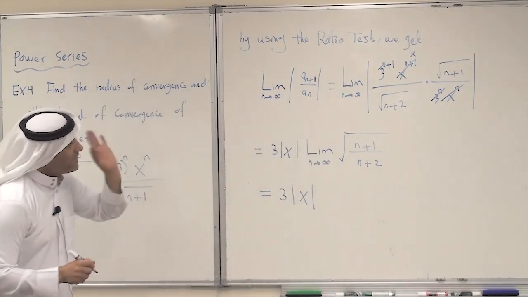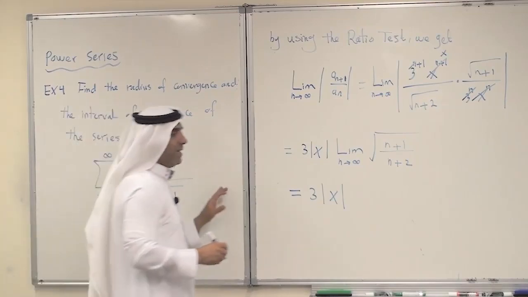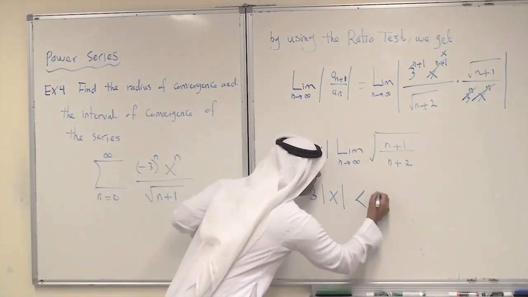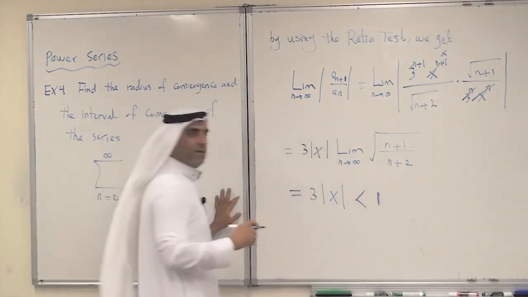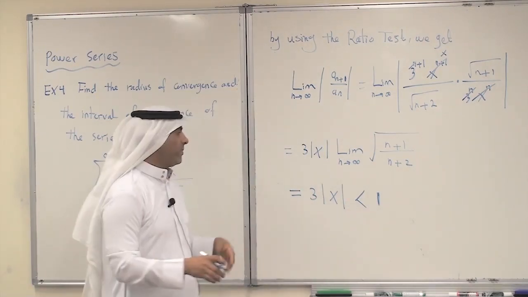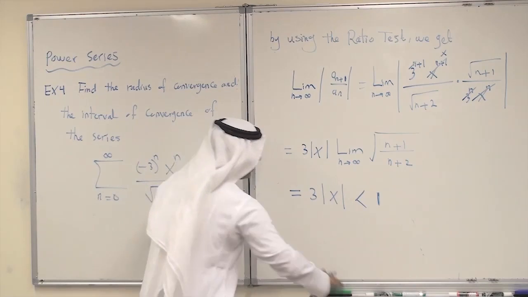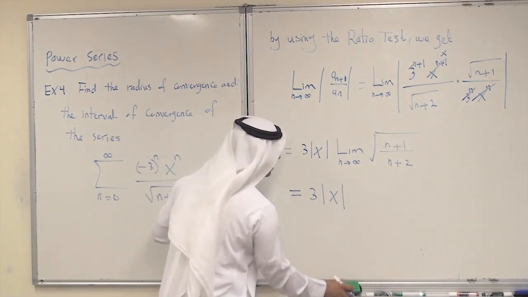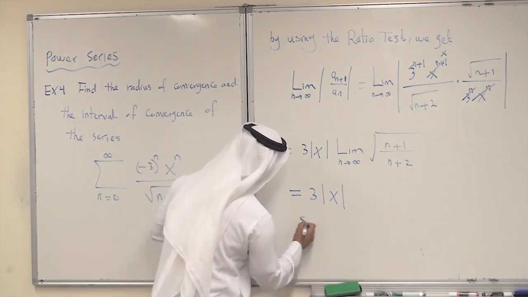Now the ratio test says, if this is less than 1, we have convergence. If it is greater than 1, we have divergence. So what does it mean now? Let me write it this way. So this is the limit. So by the ratio test,